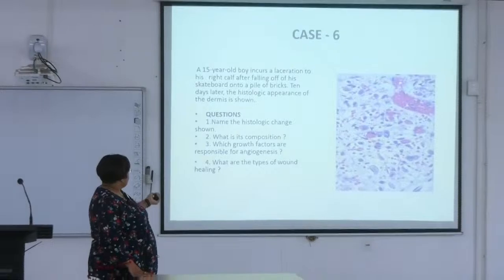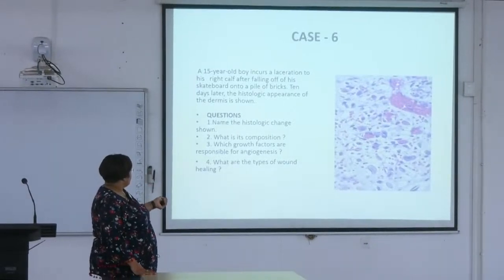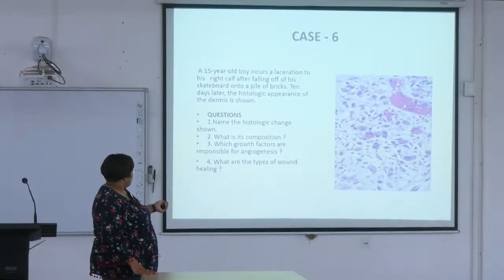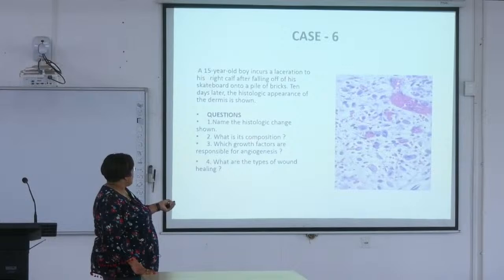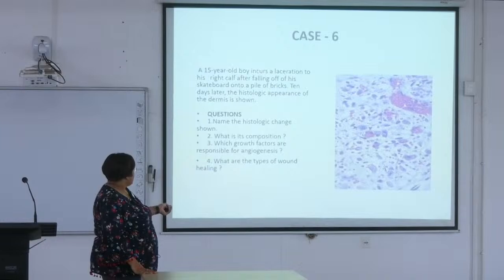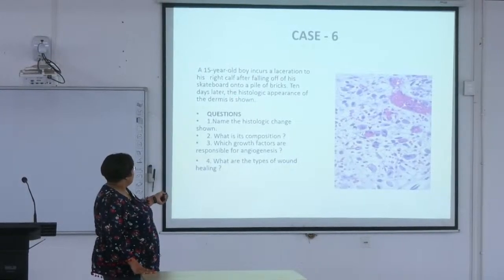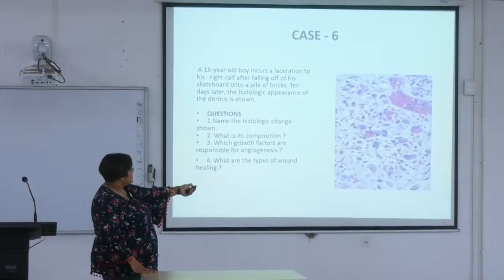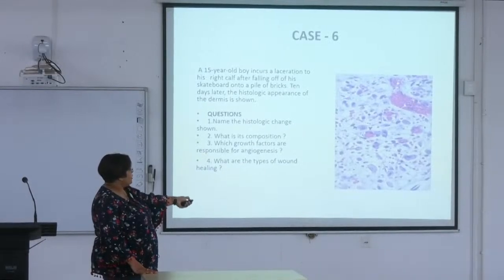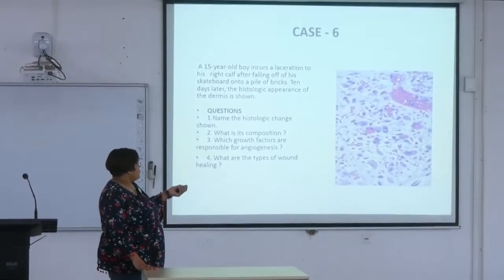So the first question will be, name the histologic change shown. The second question will be, what is its composition. The third question will be, which growth factors are responsible for angiogenesis. And the fourth question will be, what are the types of wound healing. So if this problem card comes, then these questions will come, and this is the picture which will be given to you, and you will have to